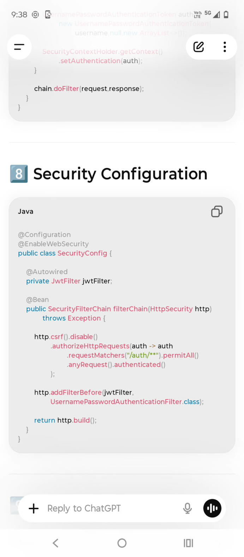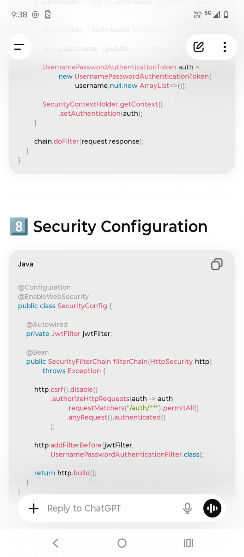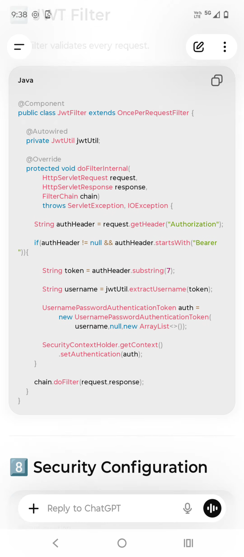If any request is coming like this, it will be authenticated. We are making sure any request not authenticated is blocked. You see, we are enabling it. So that way the token will be validated and authenticated.